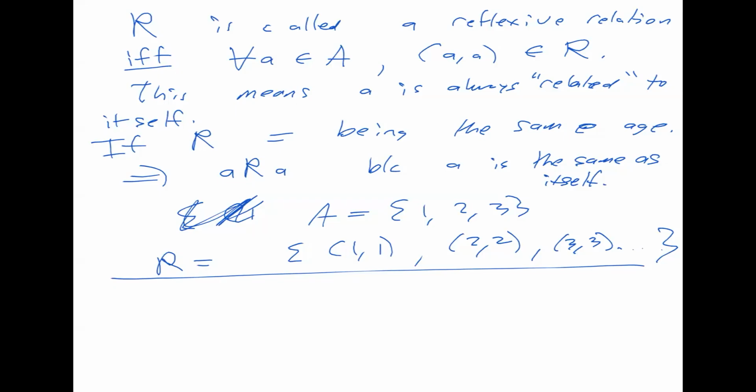Okay, now let's talk about symmetric. So what is a symmetric relationship? Or a symmetric relation? It's not really a relationship like in the real world. It's just called a relation in math. What is a symmetric relation? Now each of these is getting more complicated. The definition of a reflexive relation only involves one element of the set A. The definition of symmetric involves 2. So the definition of symmetric relation means for every 2 points that are in this set A,